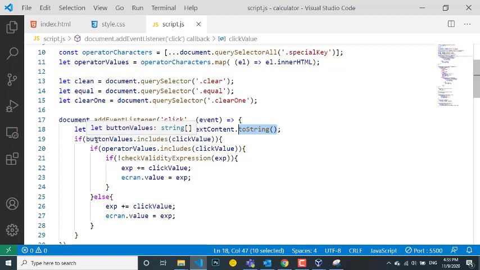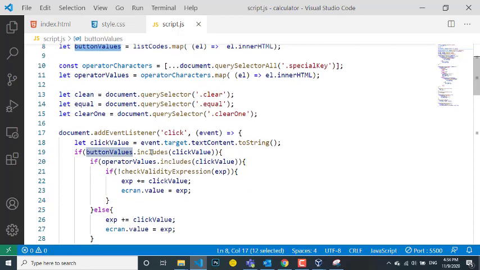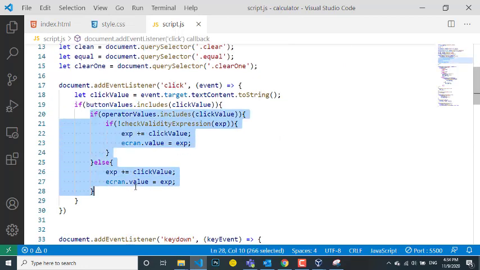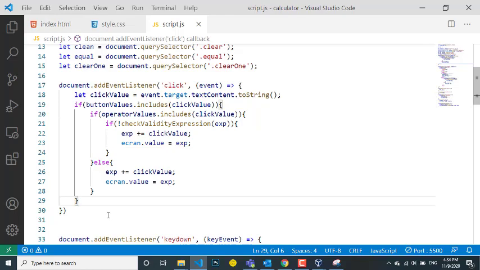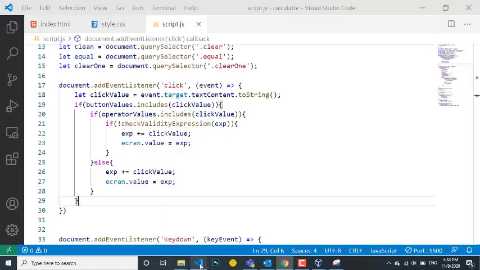Now we check if the button is one of all the buttons from here. We check if those buttons are included. If the key the user just clicked is included in those buttons, that means all the buttons of the calculator, then yes, if it's there, we do this. If it's not there, we don't do anything. That means if you press something that's not part of one of these buttons, you will know. Or you use the keyboard, for example, and press a letter or a character instead of pressing the numeric values, it will not work. It will not take it into consideration.